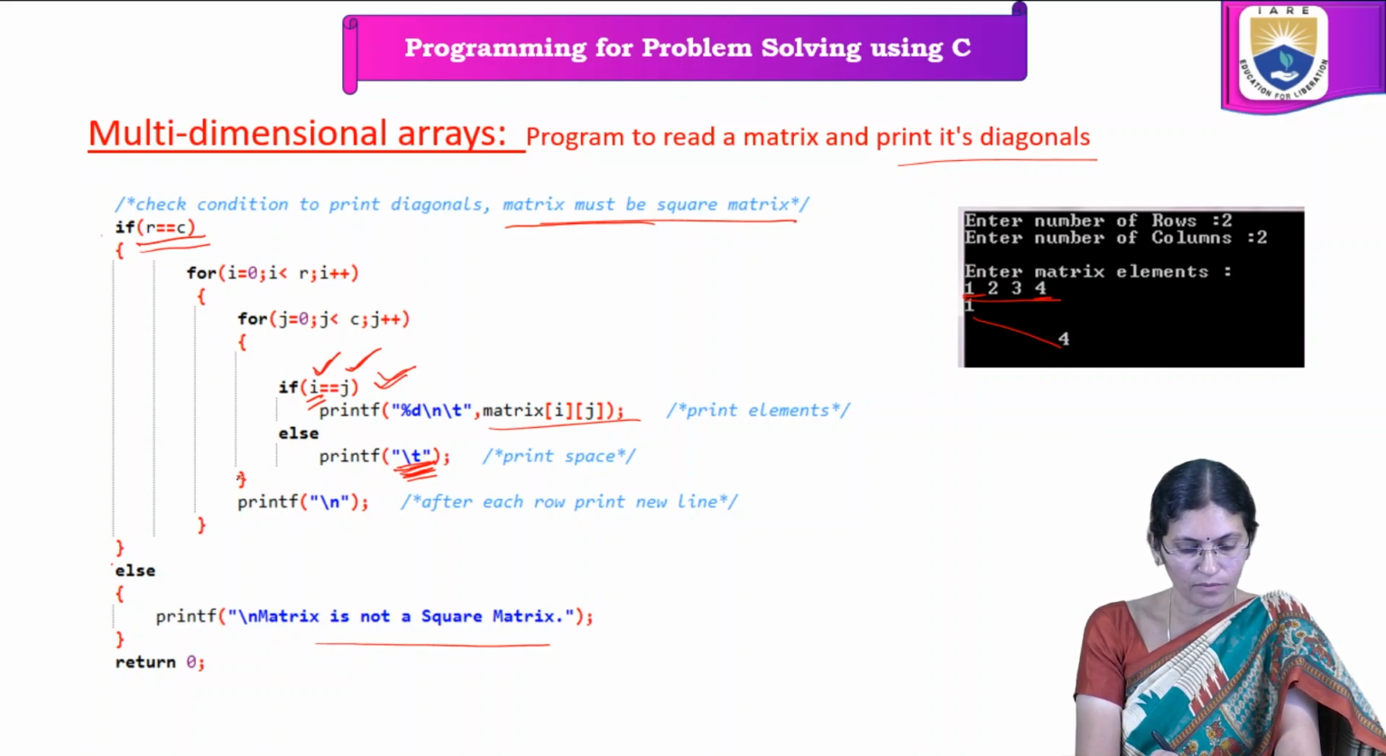Next, after the inner for loop, and this is the outer for loop, after the execution of the inner for loop for this many times, that is 3 times,